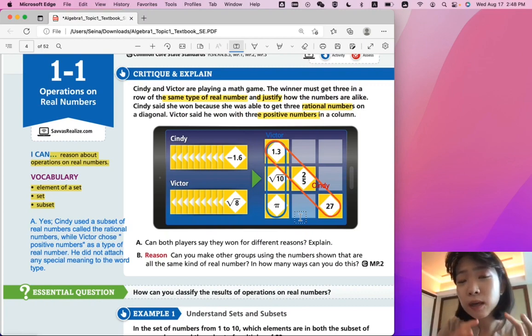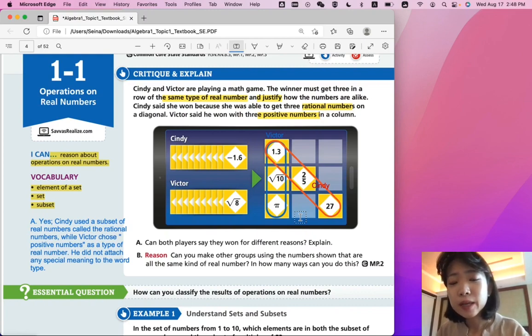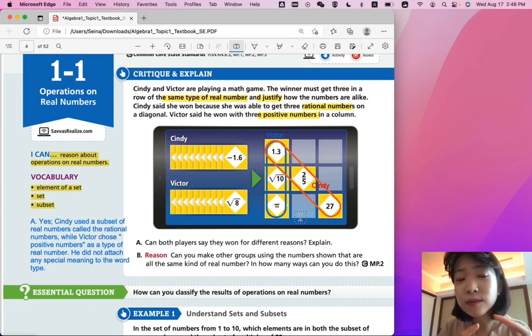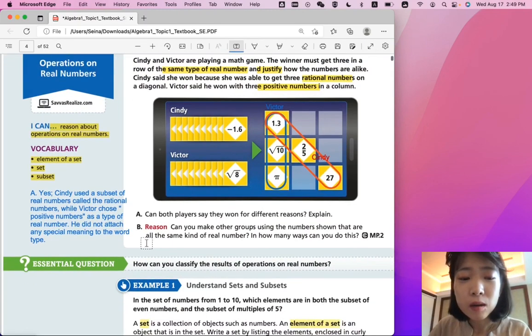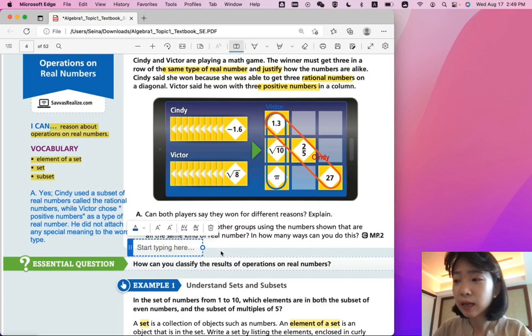So we know these groups of numbers are subsets of real numbers. So what is a subset? A subset is a set of numbers where all the numbers in that subset are also included in another, bigger set. Okay, so part B, we can say yes, you could